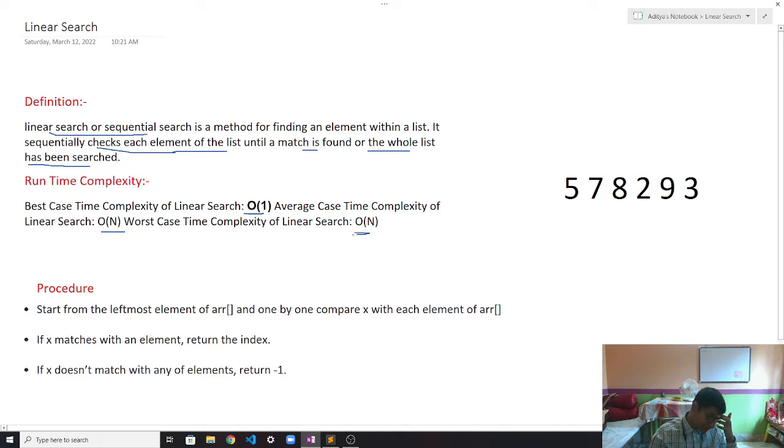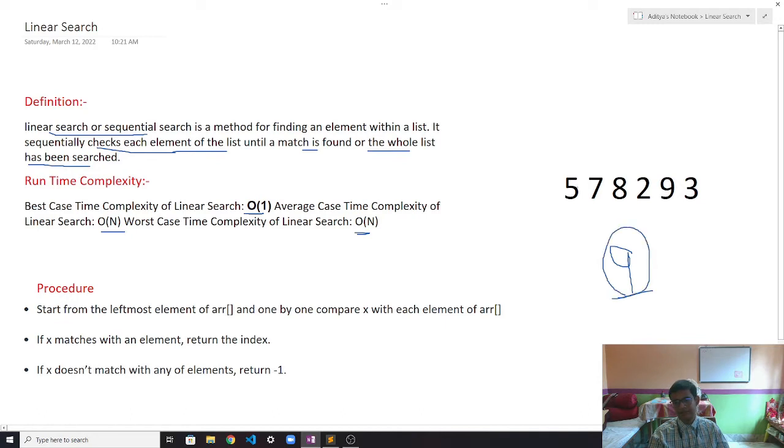So basically, if we take a list over here, of like 6 elements. It starts with the 0th index, so 5 is at the 0th index. Let's say we want to get the index of 9.